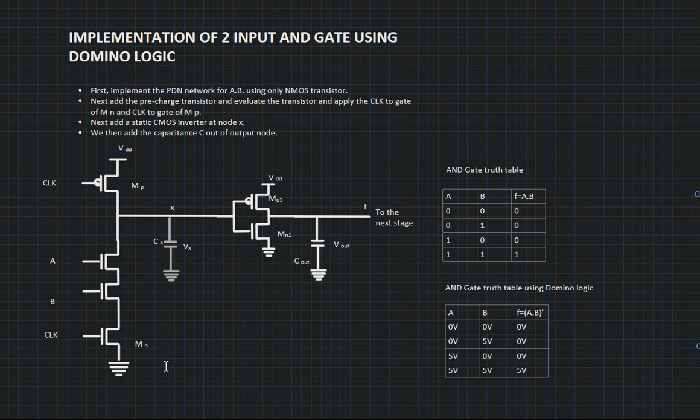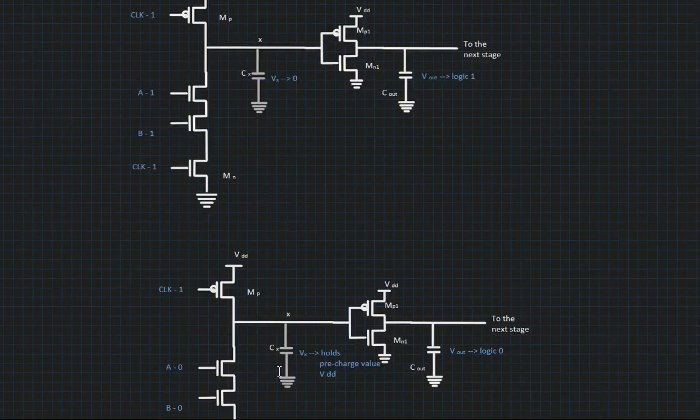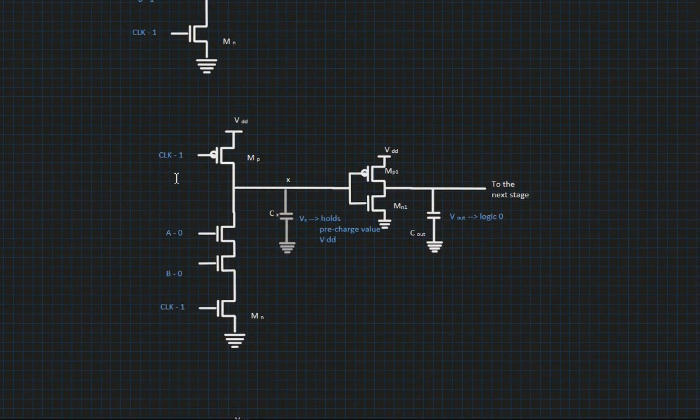Now, the implementation of a two-input AND gate is done by just replacing the pull-down network with inputs A and B, and the circuit can be realized using domino logic as shown here. Say, for example, we consider this particular circuit wherein the clock input is given as 1 and the inputs A and B are both 0. Here, the internal node X holds the pre-charge value VDD, and when passed through the inverter, it produces the